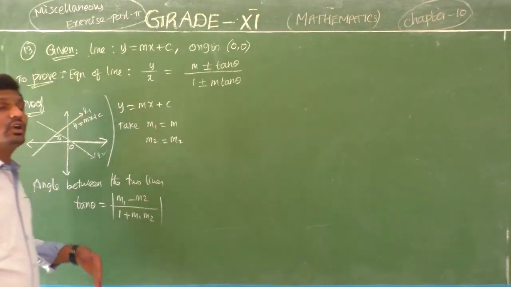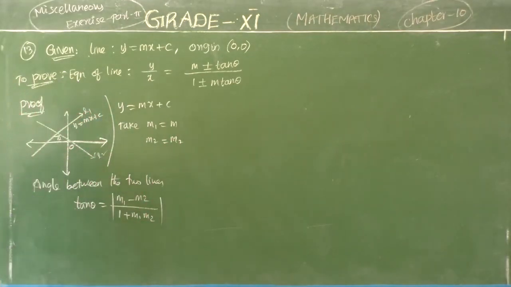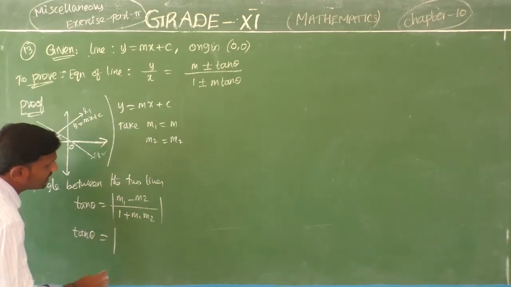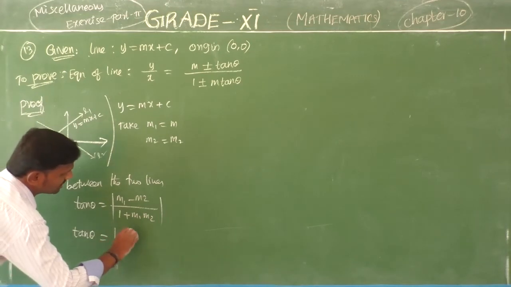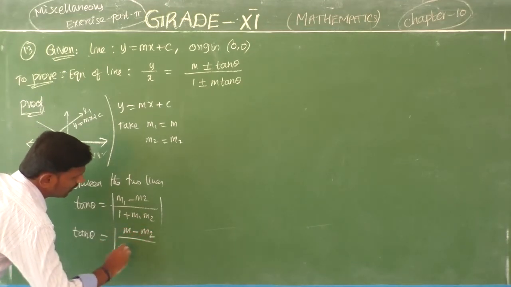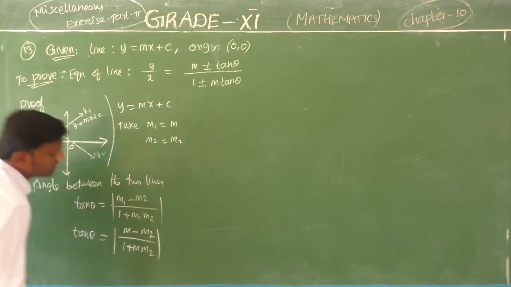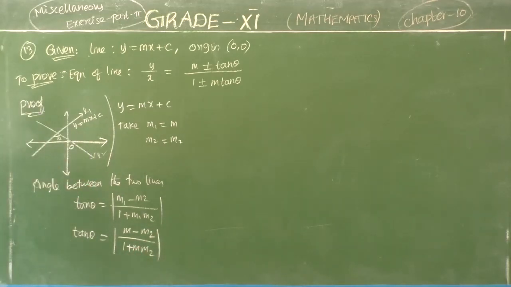Now I am going to substitute: tan theta is equal to modulus of m minus m2 whole divided by 1 plus m m2, because the value of m1 is m. So I am removing that modulus